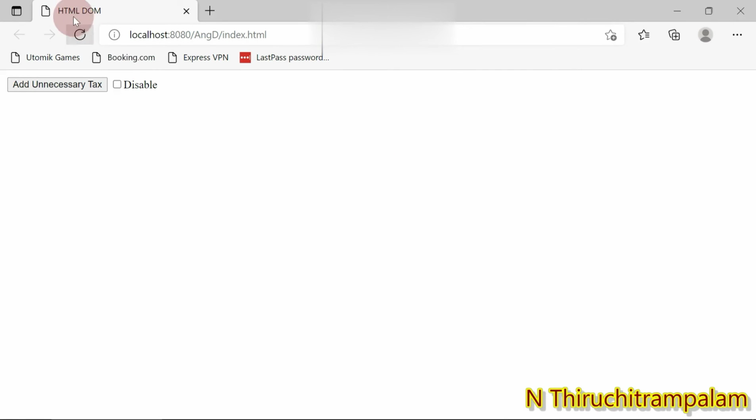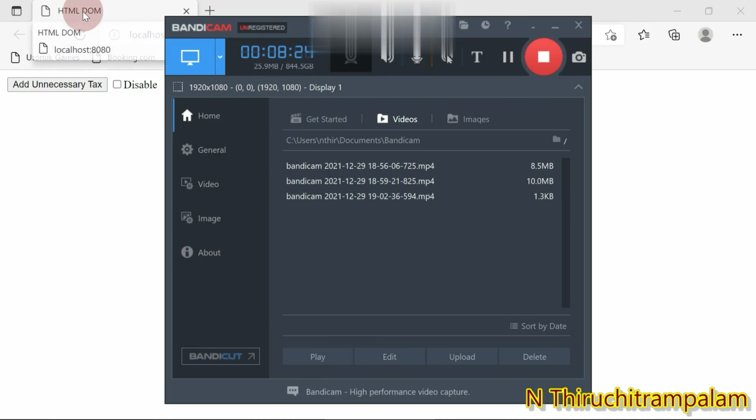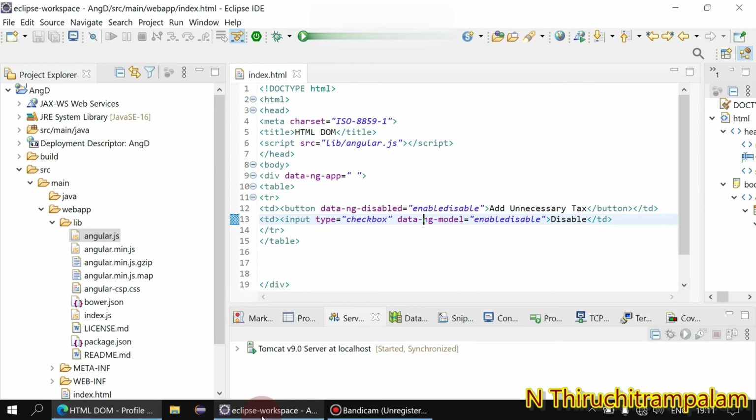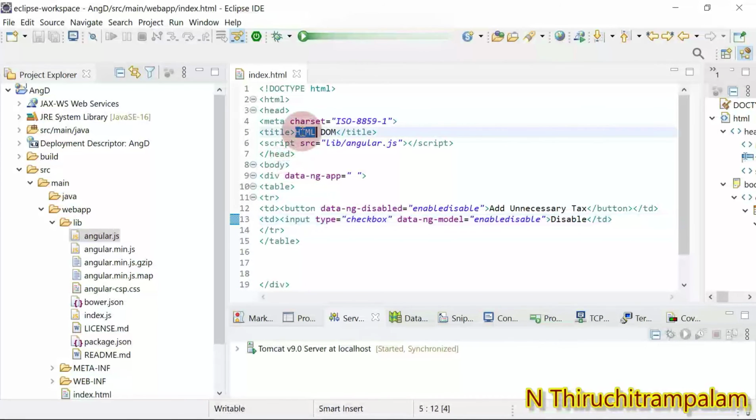Now you can see the HTML DOM, the title of the page. How does it appear? Because we have given it in the title element as HTML DOM.